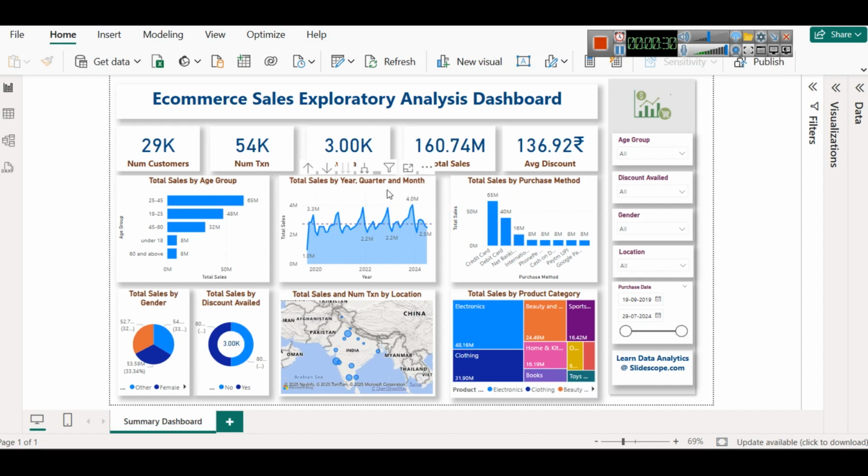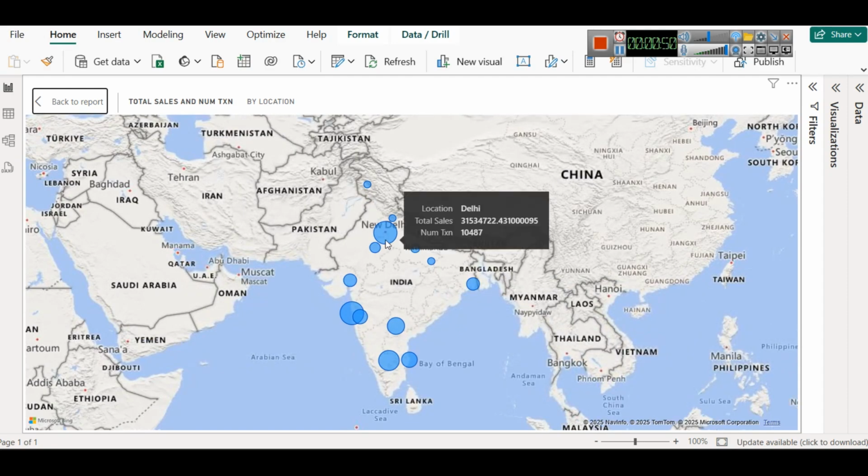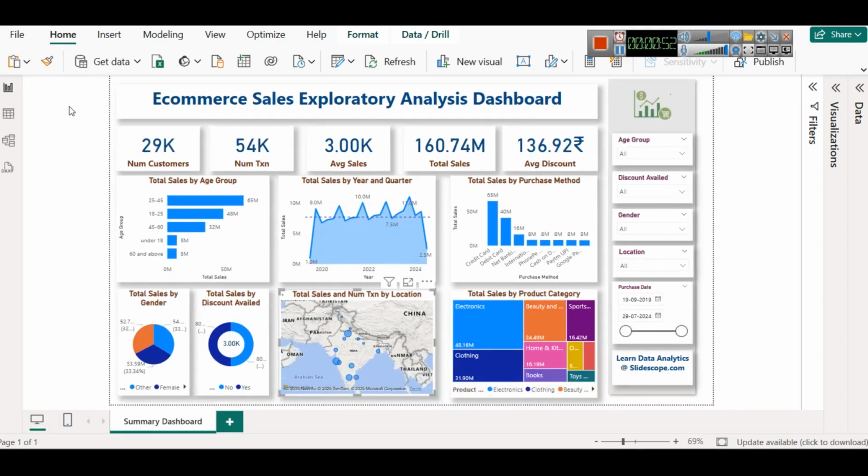total sales by year, quarter and month, and particularly what is the difference between showing a date as a categorical field and showing the date as a continuous field, total sales by purchase method, how we can show the average line that you are seeing here, total sales and number of transactions by location, where this bubble size